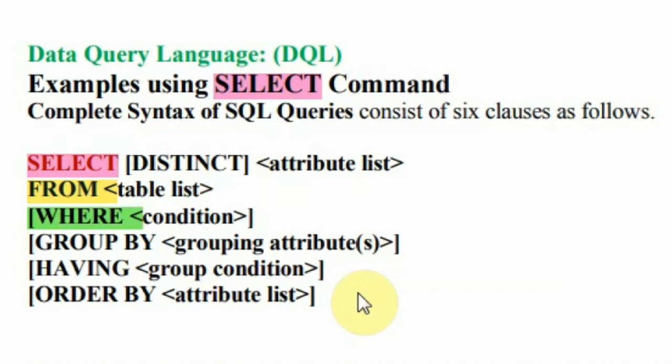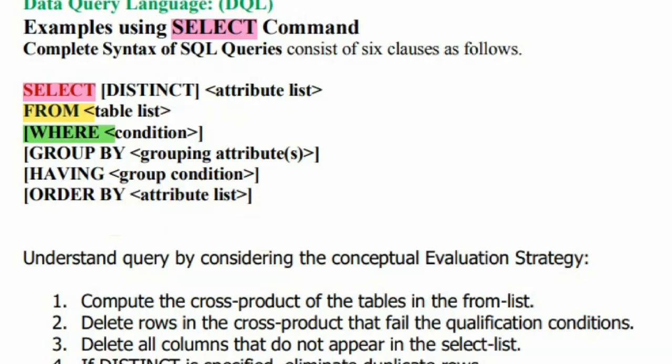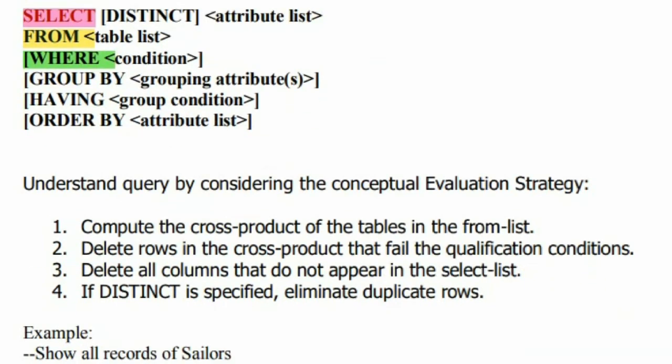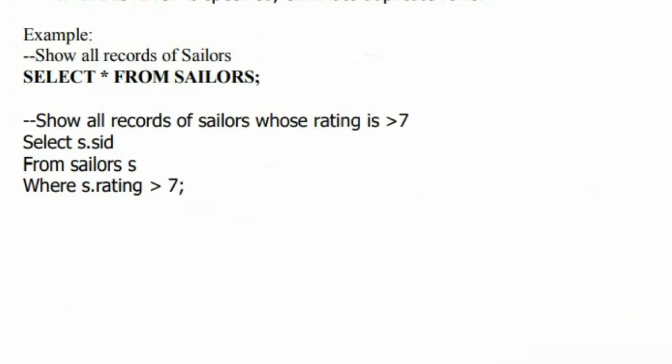So these are all the clauses, and in the normal queries that we write, we'll be using select, from, where. But if you want some other things to happen in your application, you can also have group by, having and order by. The simple query may not even have the where condition. So these are the six clauses that a query will have. Now let us look into the process of how a query is evaluated.